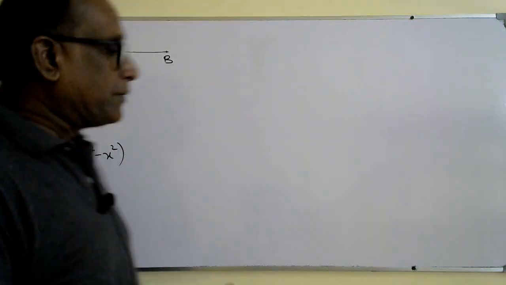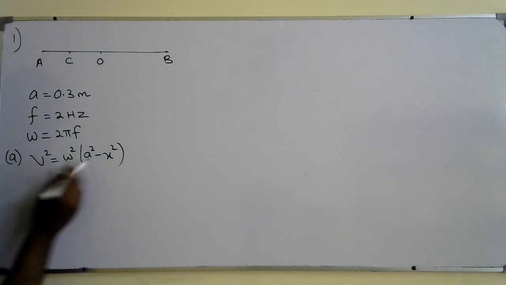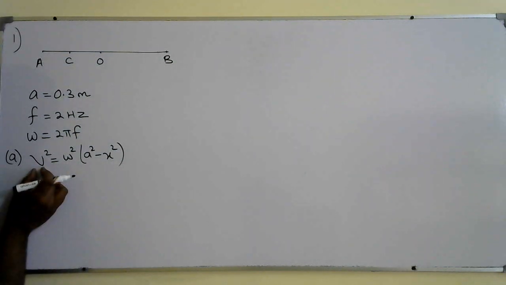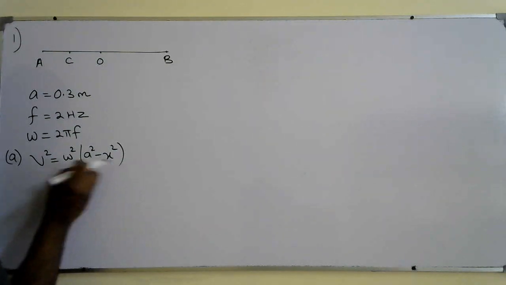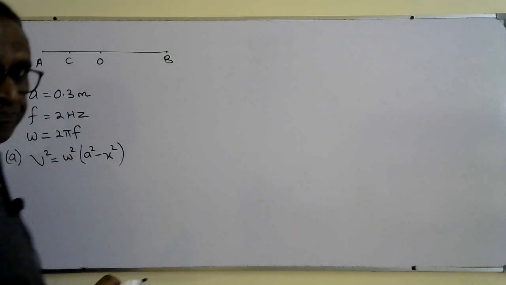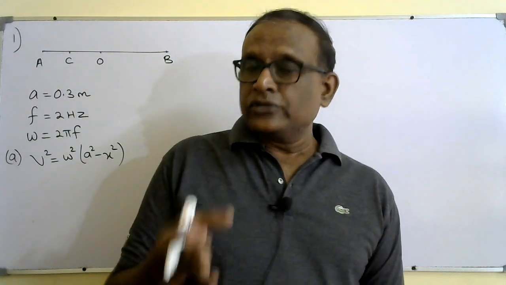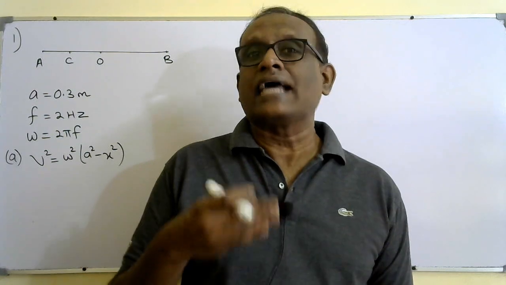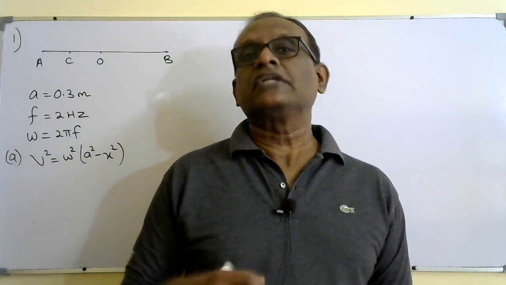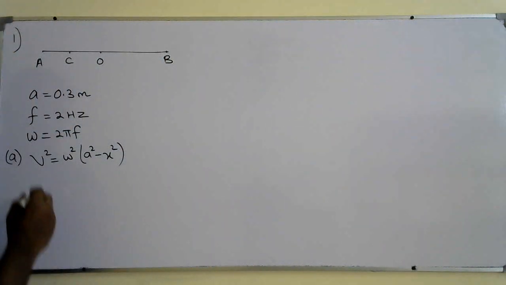They are asking for the maximum speed. When x becomes 0, v will have the maximum value because we are subtracting x squared from A squared. Since x is always measured from the equilibrium position, the maximum speed occurs at the equilibrium position. So we can say when x equals 0,